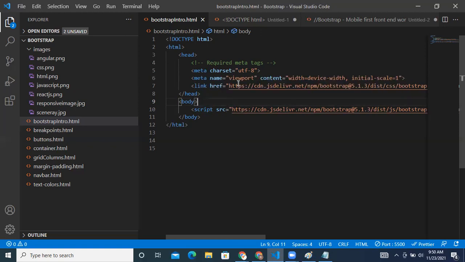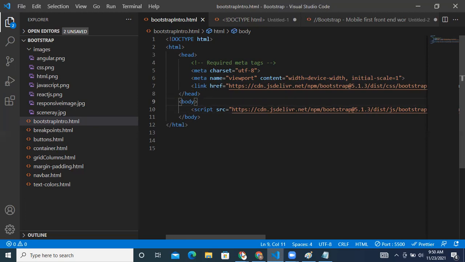If functionality should work with this CSS, then the script tag is required here. If you don't have any functionality in a page and it is just a design, then it is not required. But if you have some functionality inside a page, then the script tag is required for it.